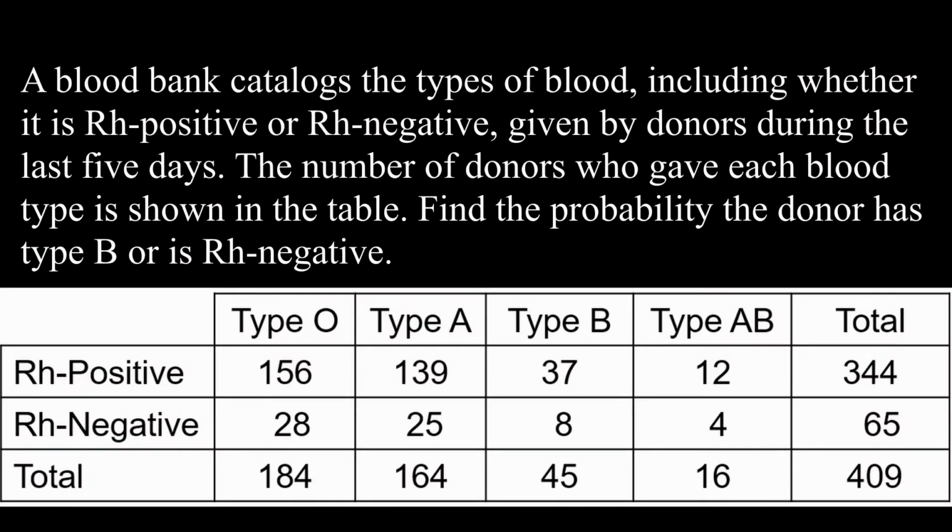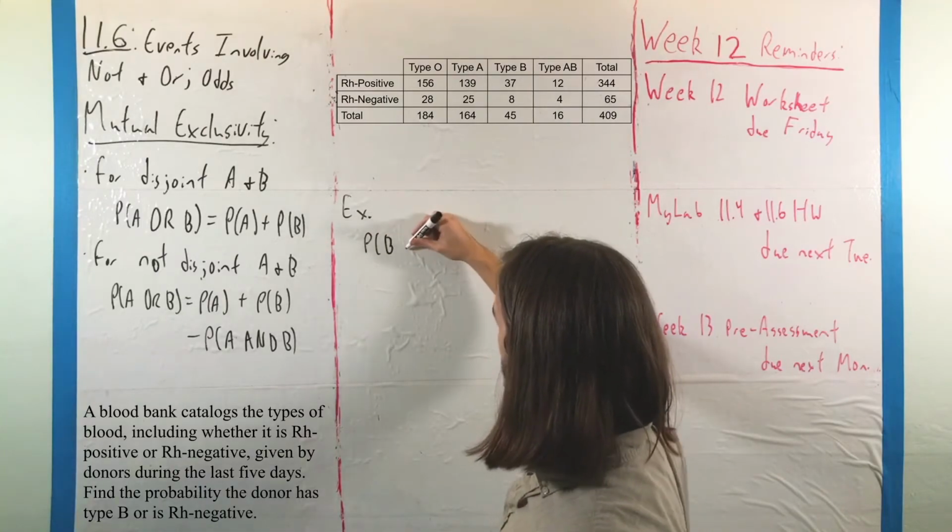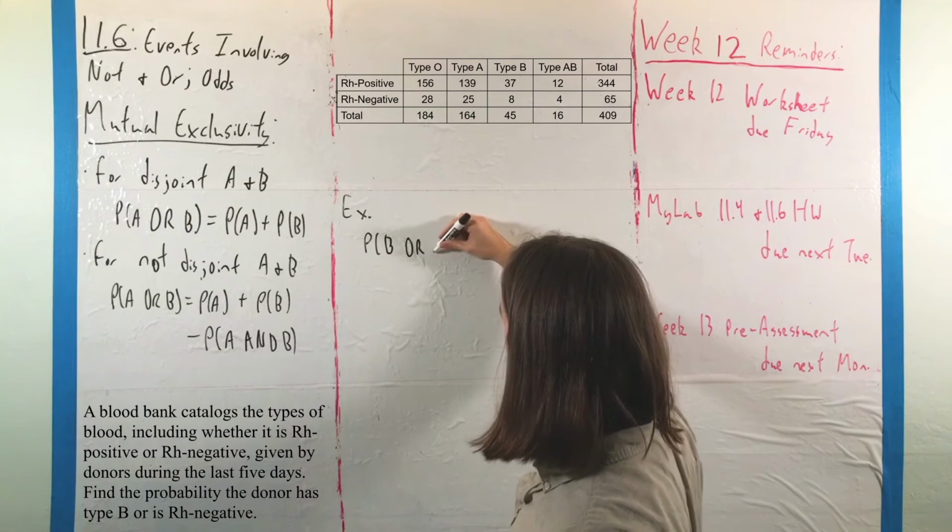For our second example, we are going to look at a blood bank that catalogs types of blood, including whether it is positive or negative, given by donors in the last 5 days, where the number of donors of each type is given in our table. What we want to do is find the probability that the donor has type B blood or has negative blood, as it were. So if we're trying to find this probability of B or negative,